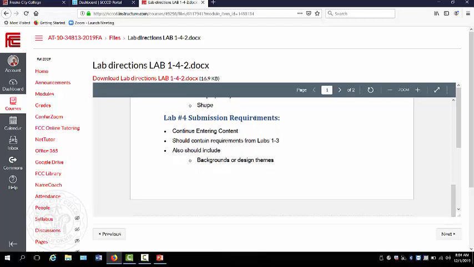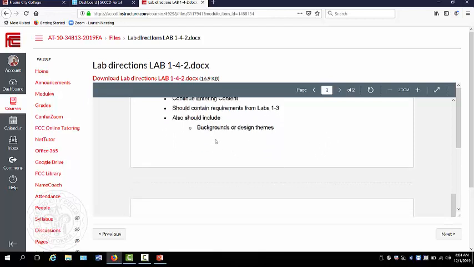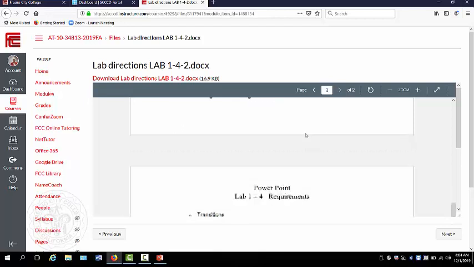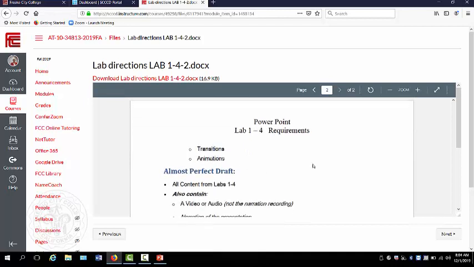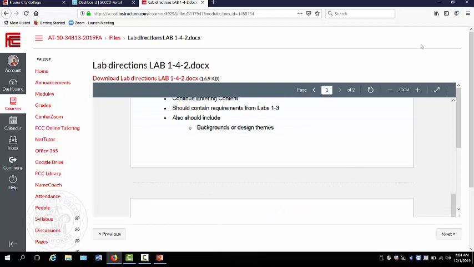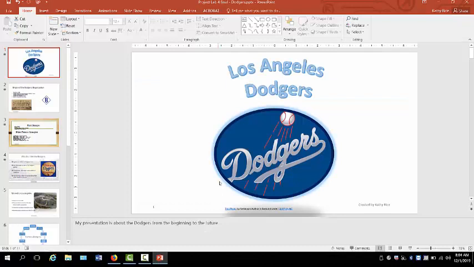You're going to continue entering content, and you're going to continue with your images. If you need more word art or smart art or graphs or any of that, you continue. You're also going to add backgrounds or themes, transitions, and animations. So that's what is planned for this lab. Now, if I go over to my Dodgers PowerPoint that I've been working on,